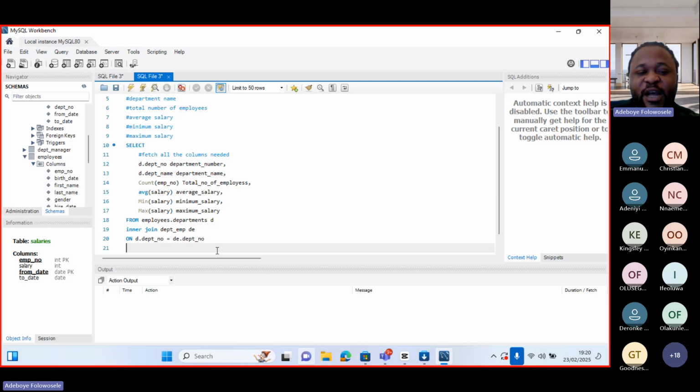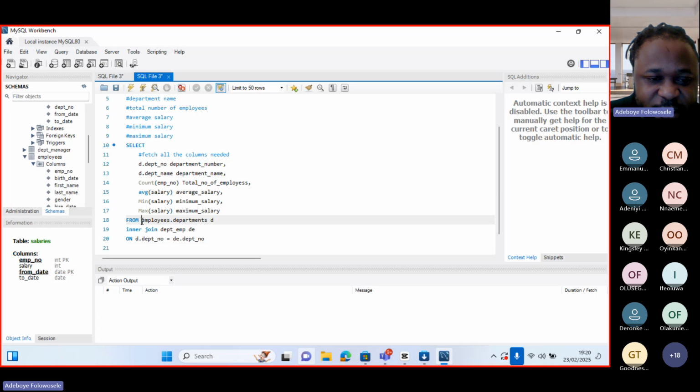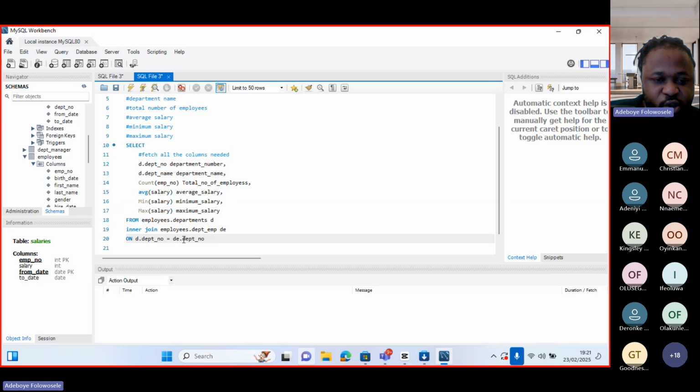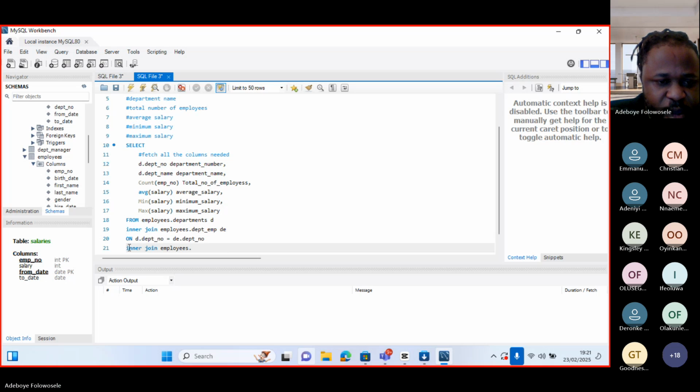Now, we can join it again with the employee table. But look at this place. I didn't add the schema. So let me add the schema here because it's not going to work. So then again, we inner join again. What do we inner join with? Let's inner join it with the employees table. So dot employees